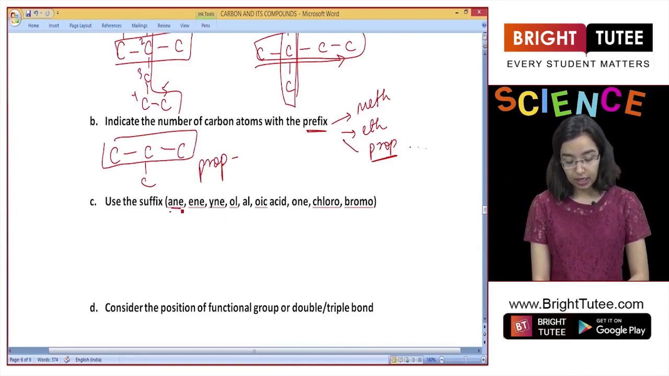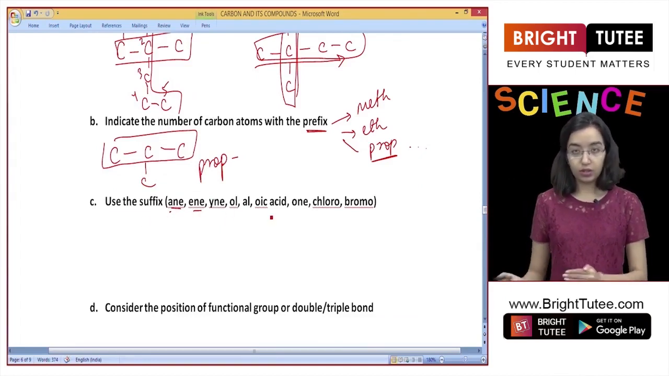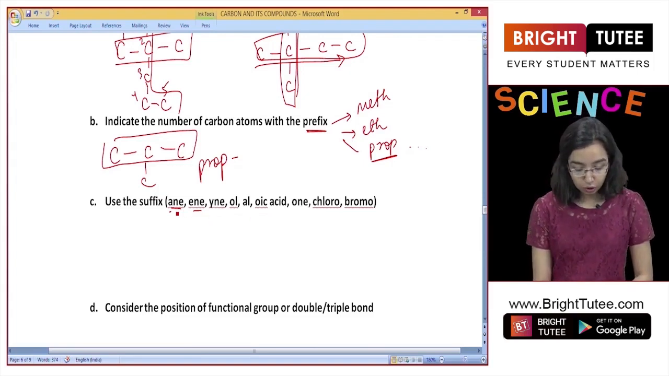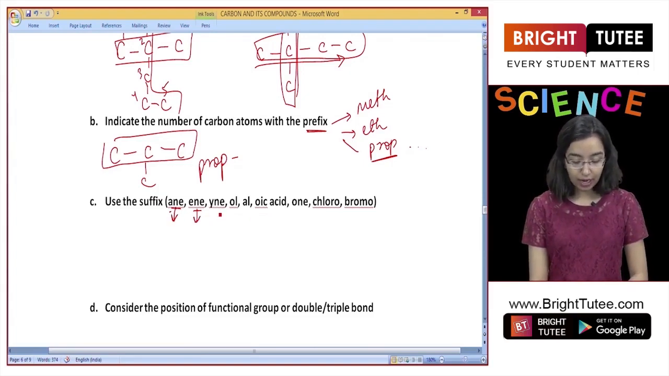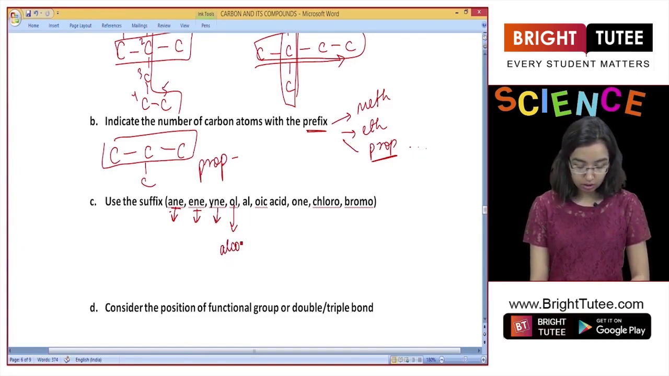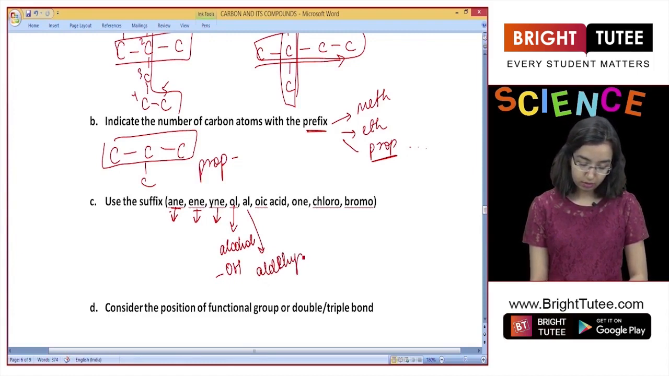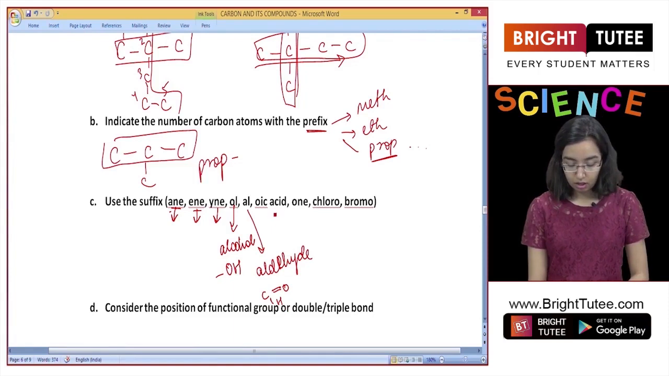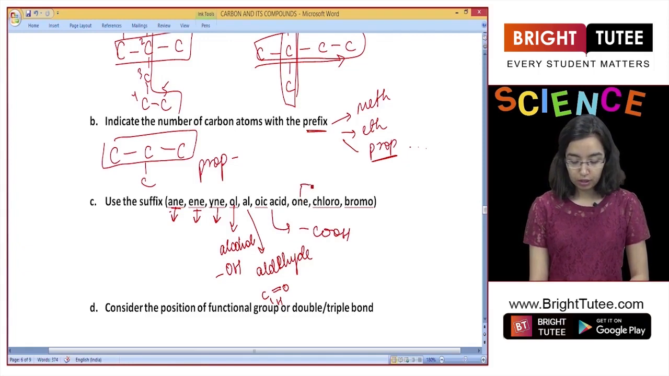Then you add the suffix "-ane", "-ene", "-ine", "-ol", "-al" based on the group which is attached. So you already know that "-ane" is for alkanes, "-ene" is for alkenes, "-ine" is for alkynes, "-ol" is for alcohol, which is an OH group. "-al" is for aldehyde, which is a C double bond O and a single bond with H. Oic acid is for a COOH group. "-one" is for ketone, so "-one" is for this kind of carbon atom,